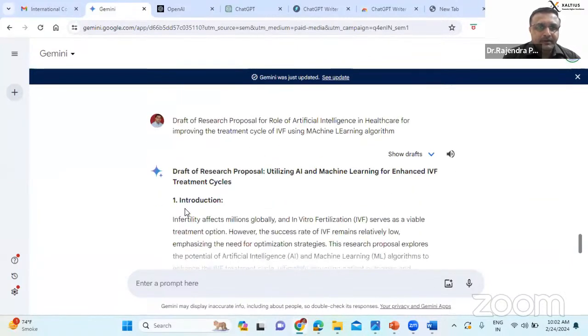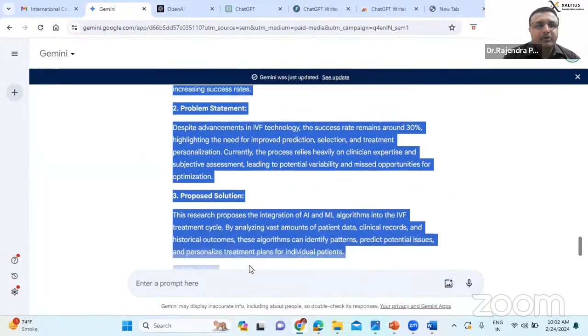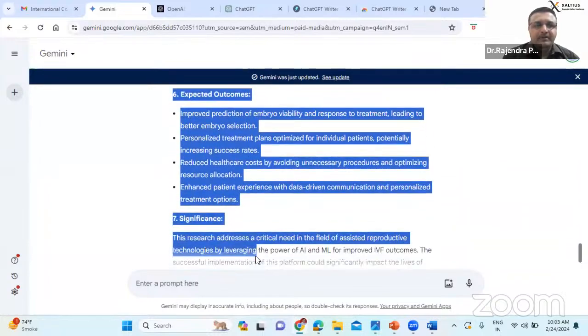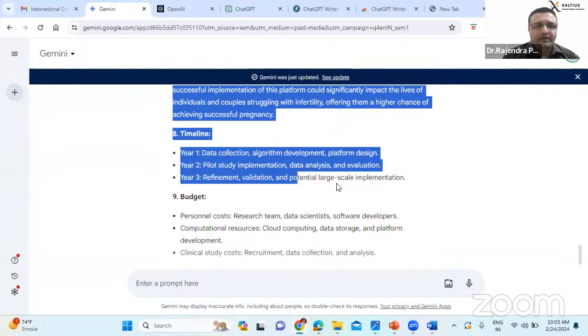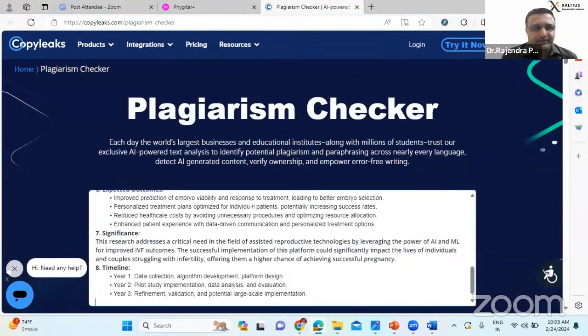The draft of research proposal, complete content I'm copying till here. And now I'm going to submit this to the plagiarism checker.